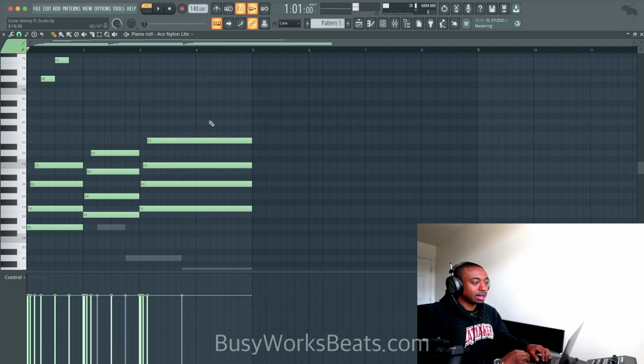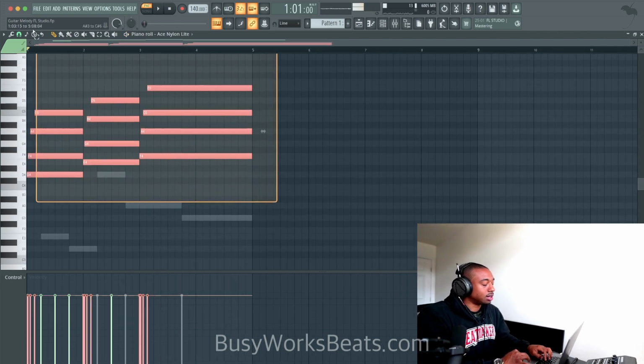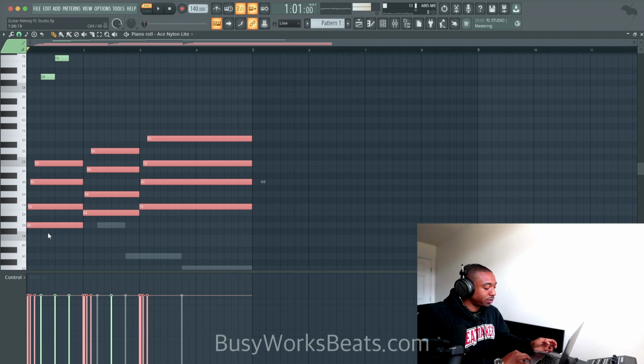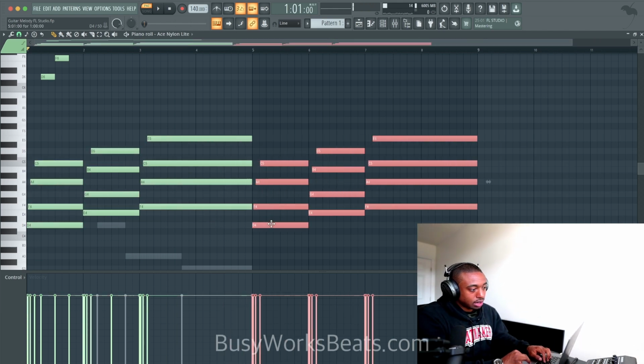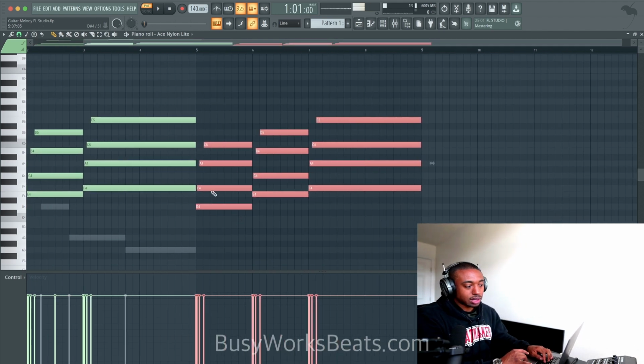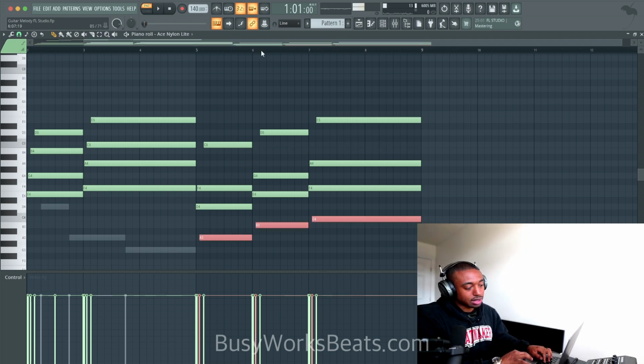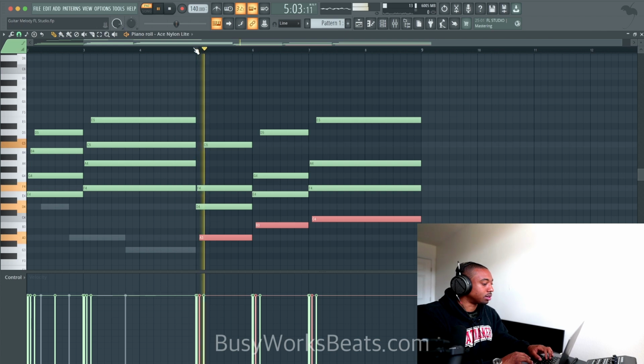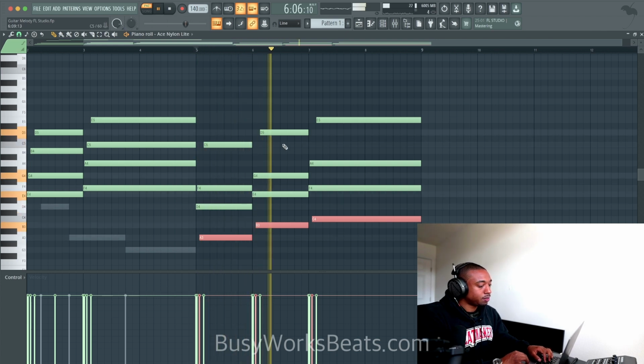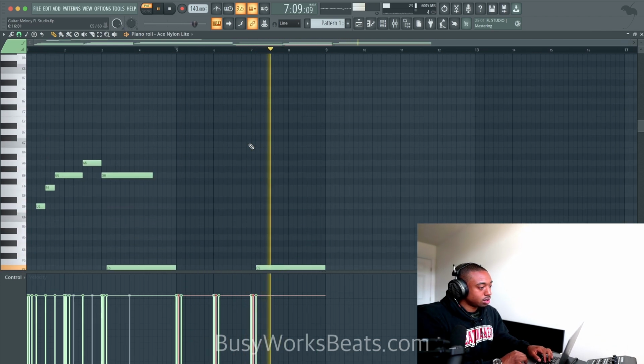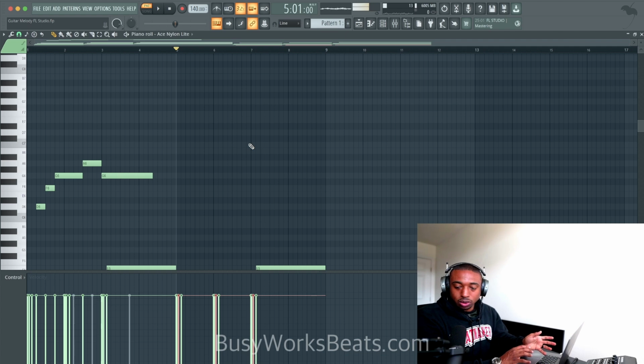Okay, so to make it feel longer, we have to extend it. So let's take these same chords, hit Shift, and just drag it over. Let's do something different with the chords. Let's spice it up by just changing out what's called the voicing. So I'll take what's called the 5th, 3rd note of this chord, and just hit Control down. So it has a different voicing. So it's the same exact chords with different voicing.